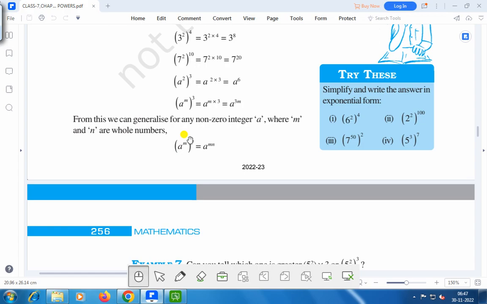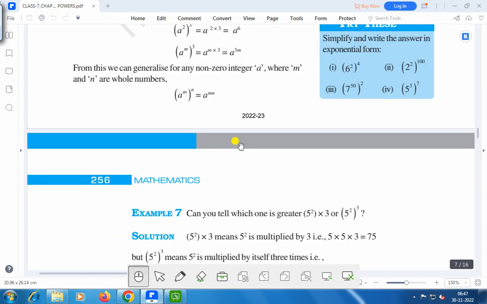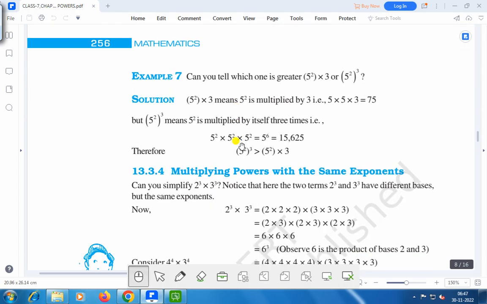(a^m)^n gives a to the power m into n, or mn. In this way you can solve various problems. Can you tell which one is greater, 5 to the power 2 into 3 or 5 to the power 2 to the power 3? 5 to the power 2 into 3 means 5 to the power 2 is multiplied 3